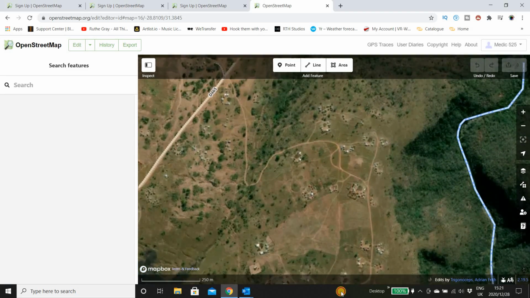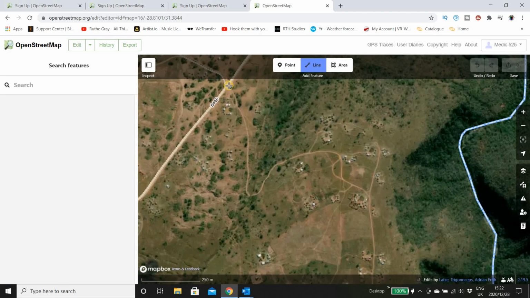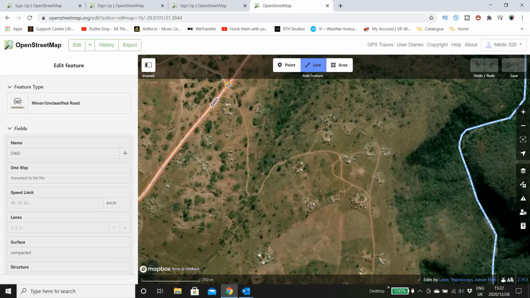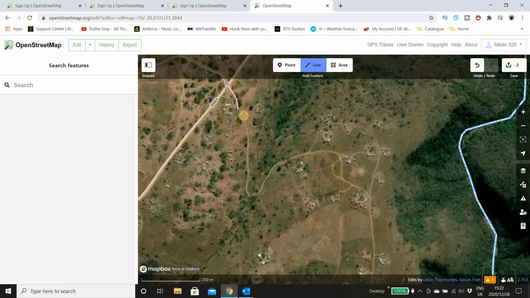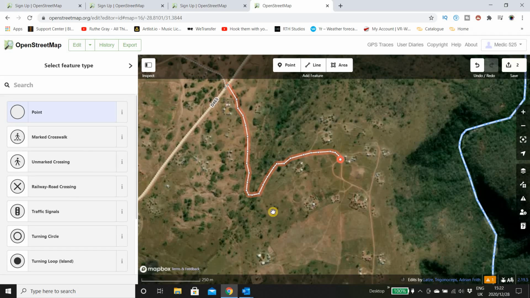So what we can do, we're going to create a line. So you take your mouse, it changes to a plus sign, you click, left click again, left click, and so you go. And you can then follow this all the way along here, and we'll continue on a little bit longer. Once you got to the end of it, you double click, and what it does is it highlights that point